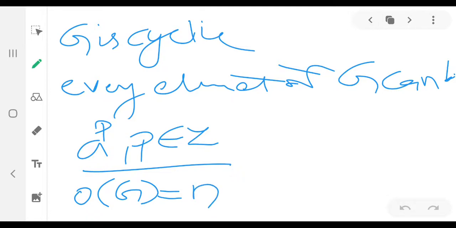That means order of G is equal to n എന്ന് പറഞ്ഞാൽ which implies A raised to n is equal to E, where n is the least